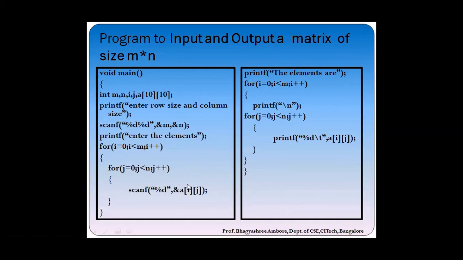Again, it reads the value. Now, how to print? After reading, the values will be placed in a proper position. How to read the values? How to print the values now? How to print? The elements are